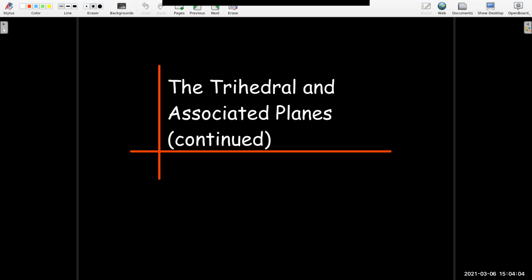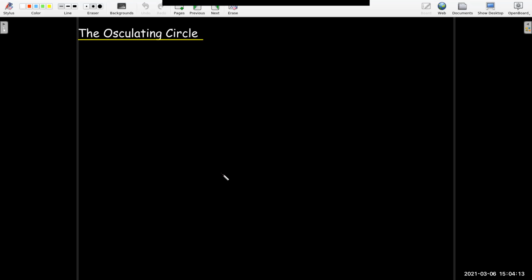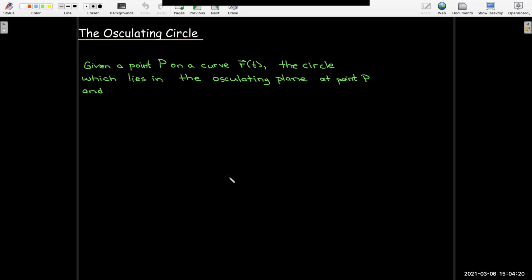In this video, we're going to follow up with our last example with the trihedral and associated planes. And this example is about the osculating circle. The osculating circle is a circle where, if you're given a curve represented by the vector function r of t and a point P on that curve, we want a circle which lies in the osculating plane, and at point P,